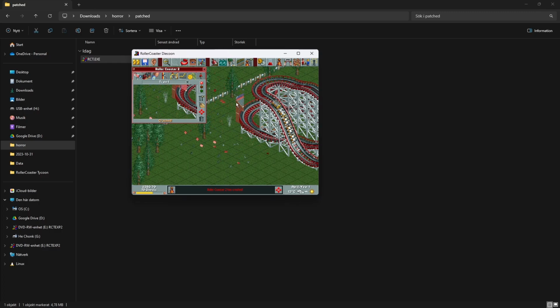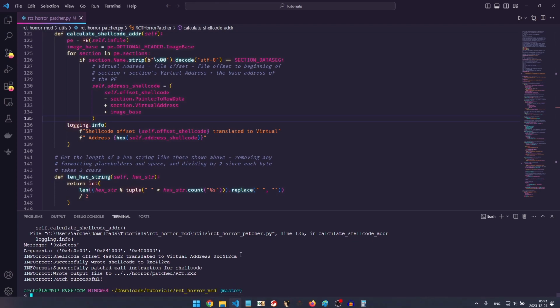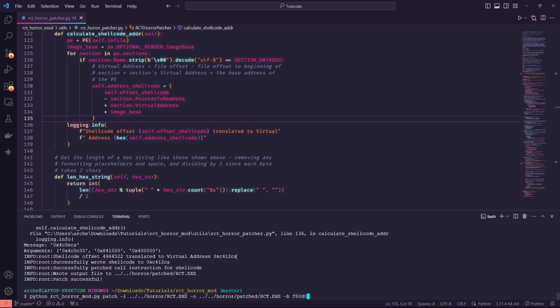We get that weird animation because I just chose a random house bitmap. Track stays the same. The horror track and everything else stays the same. We just updated the bitmap. And I won't show it here. Well, I guess we can show it real quick. We'll do a quick